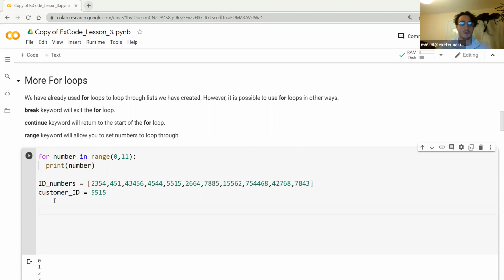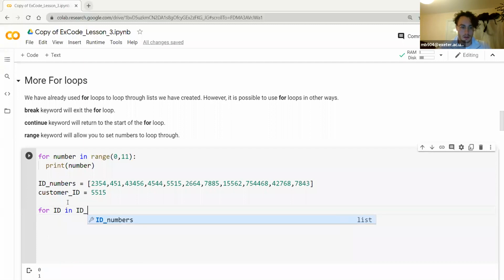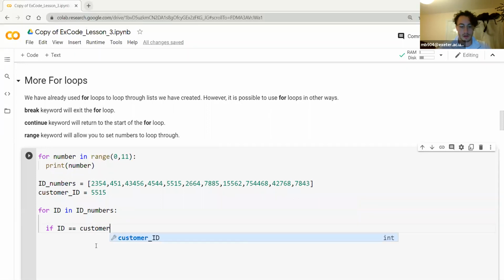So you've got the customer ID here provided, 5515. So what you want to do is first of all loop through all the IDs and then check if any of them is equal to the customer ID that's currently being presented. So if I go for ID in ID numbers, I'm just going to loop through ID numbers. And I can use an if statement here. So I can say if the current ID of this loop equals customer ID,